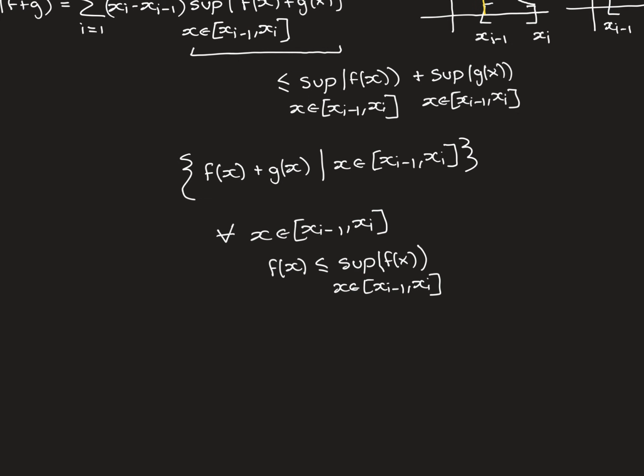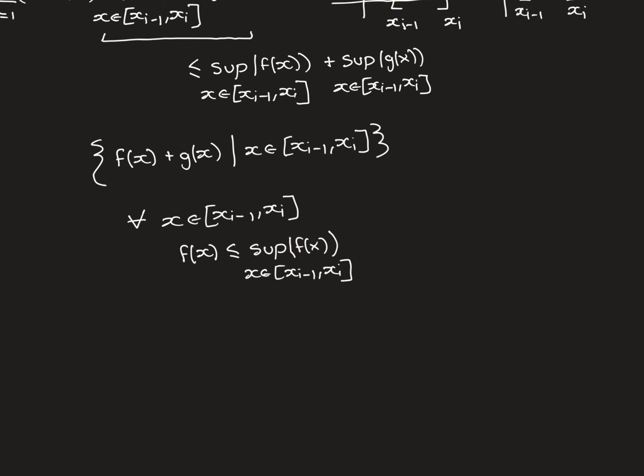This is the supremum of f of x where x is allowed to vary over xi minus 1 to xi. So it is an upper bound for f of x within this interval. So all of the values of f of x in that interval are going to be less than or equal to this value. And similarly for the values of g of x,